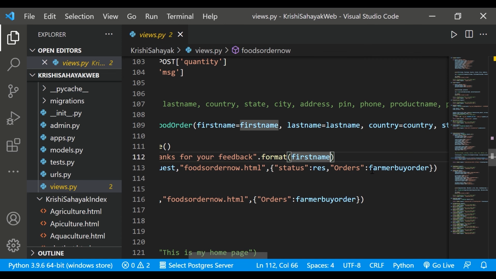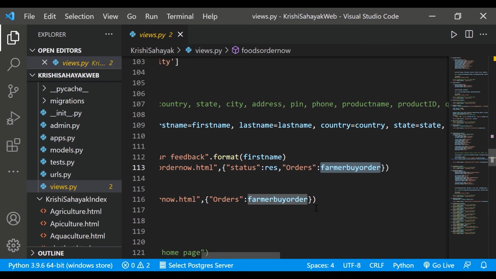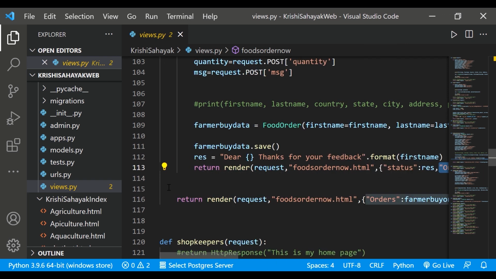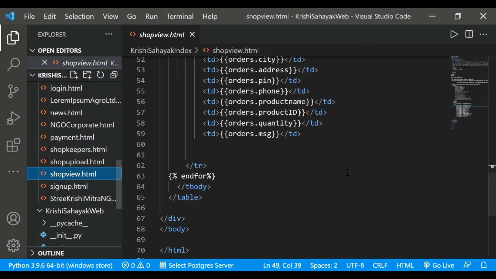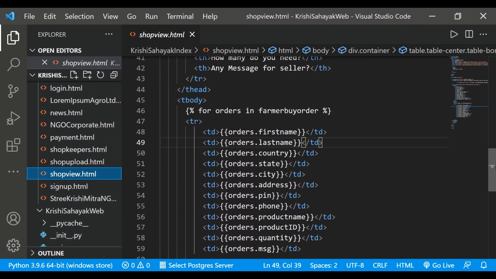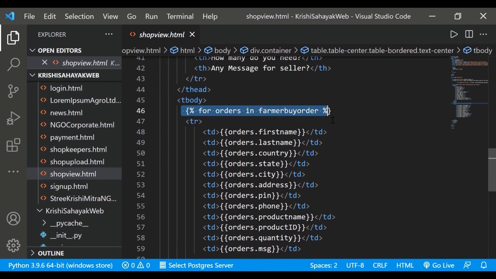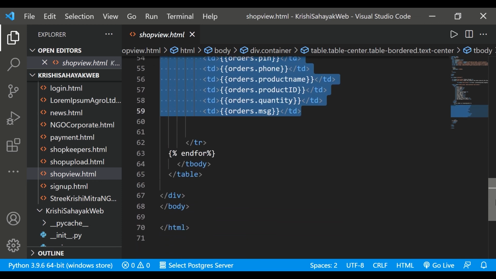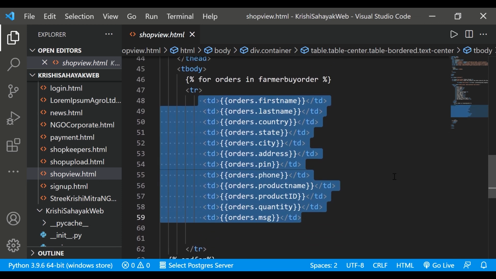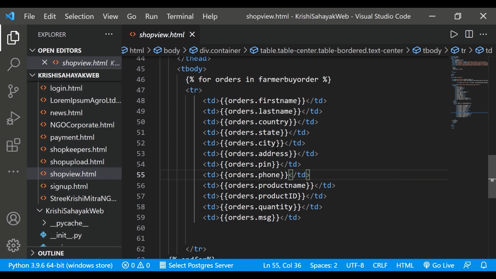So here I create a variable, and for that for loop I have created this. Now I go back to that page, and here I have used the for loop, orders in farmer by order, and I have fetched the data over here. So this is how I was fetching the data. The farmer was placing an order and the shopkeeper was receiving the order.